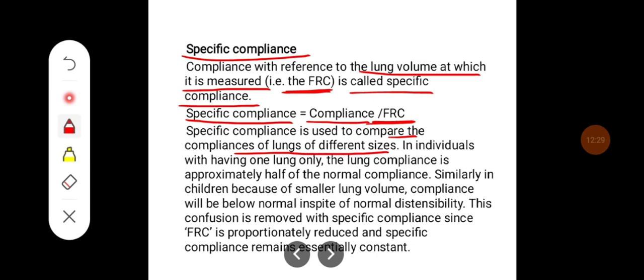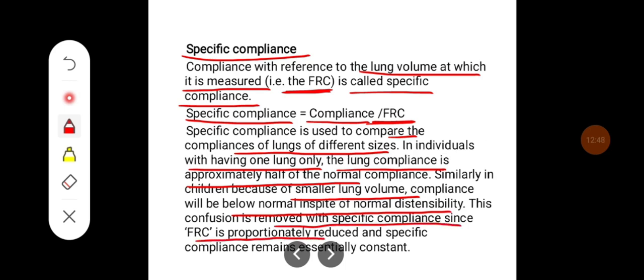In individuals having only one lung, the lung compliance is approximately half of the normal compliance. Similarly, in children, because of the smaller lung volume, compliance will be below normal in spite of the normal distensibility. This confusion is removed with specific compliance since FRC is proportionately reduced and specific compliance remains